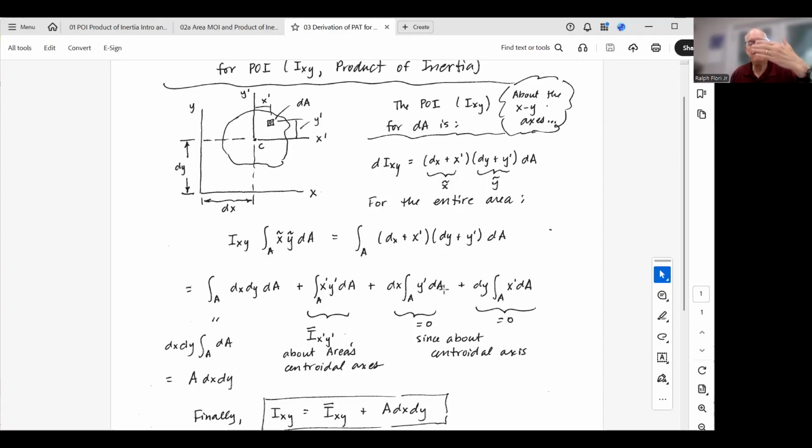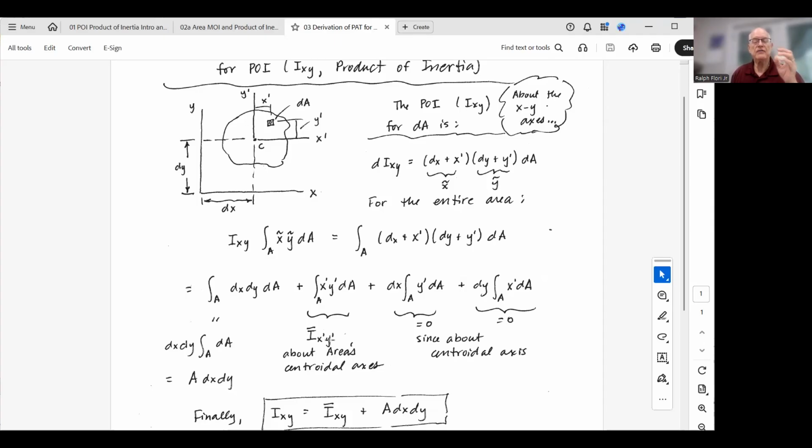Half of that is positive, half of that is negative, and so the overall result is 0 because it's centroidal. The same is true with this one. It is 0. And so you're left with the integral of x prime y prime dA,